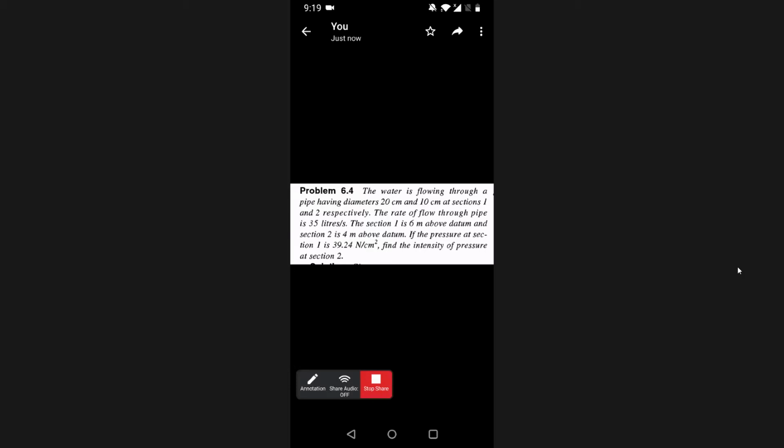Datum means reference. Datum line means baseline or reference line, for example. So section 1, where is the reference exactly, Doctor? Where is the reference exactly? Reference you can consider like the earth as this reference surface. Okay. Sea level or any level.